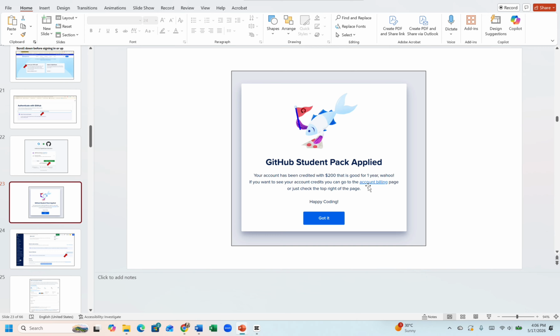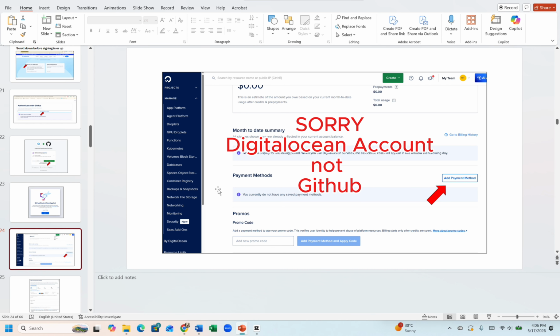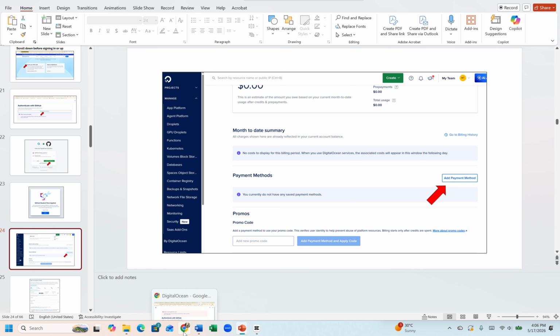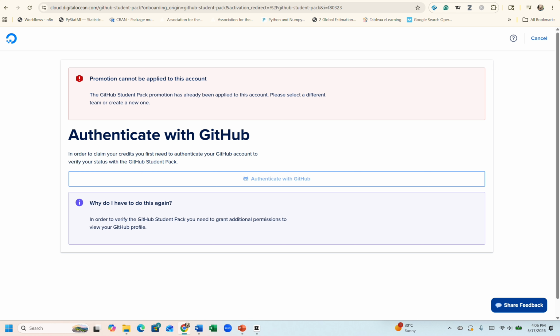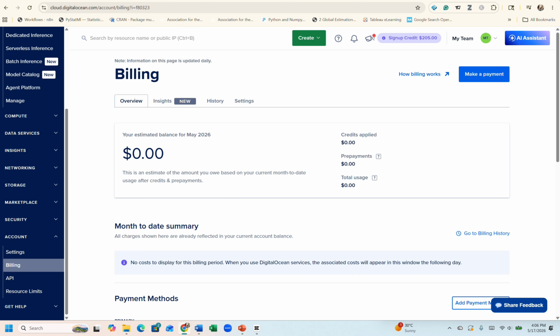And if you want to see the account credits, you can just go to account billing, either by clicking up here or just by going to your GitHub account, as you can see here. And the action needed, you will have to add your payment method. So let me show you. So on your GitHub account, you can just go to your billing through an account, and over here, as you can see, my student was not charged any penny until like